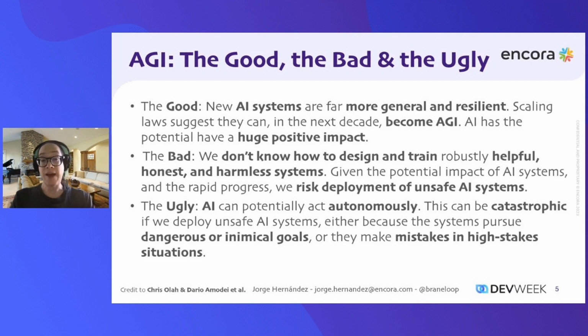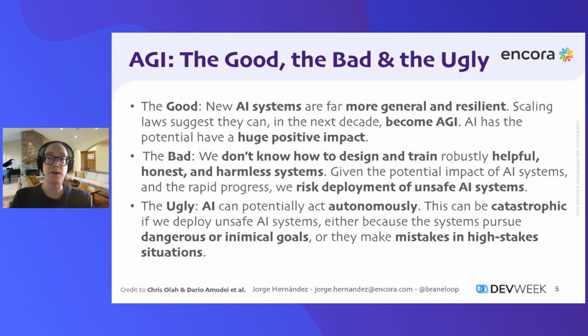And the ugly bit is that unlike previous technologies which had huge impact, like the printing press, the internal combustion engine, or the internet itself, AI has the potential to act autonomously. What that means is that it can do stuff on its own. You can set an agent off, or if it's an AGI, a sufficiently smart system of the kind we think can be developed in the future, it can get its own ideas and do whatever it wants. This could be catastrophic if the system isn't safe,